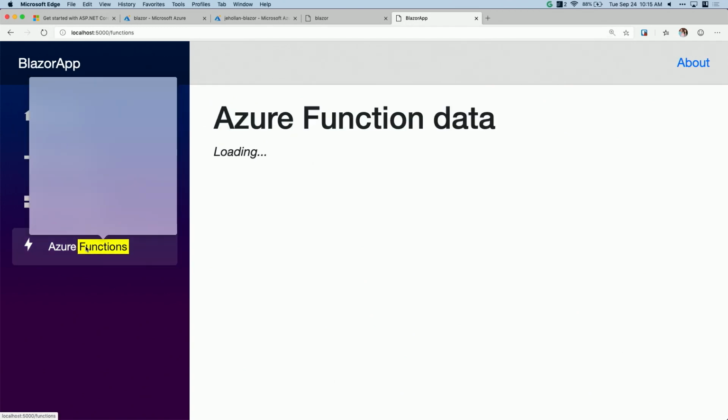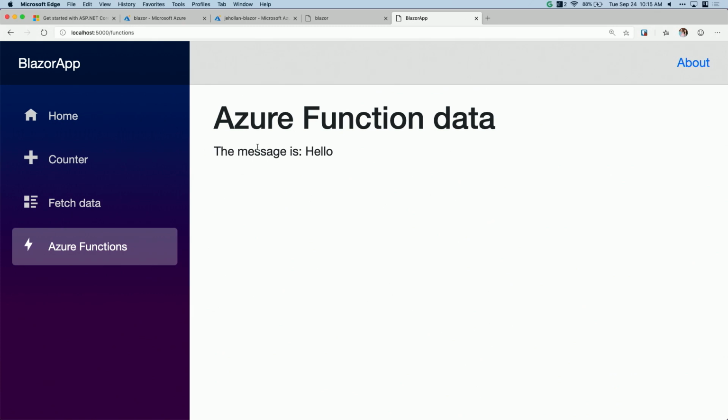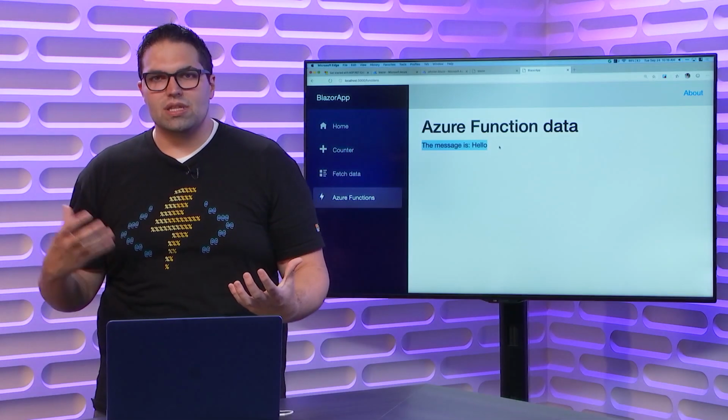And when I click this, you'll notice it says loading for a second. If you caught it, it said loading while it was making that call. And then as soon as it got the call back, it says the message is hello, right? So it called that function. The function returned some data. In this case, it was just a string, but I could very easily replace this with data from SQL as